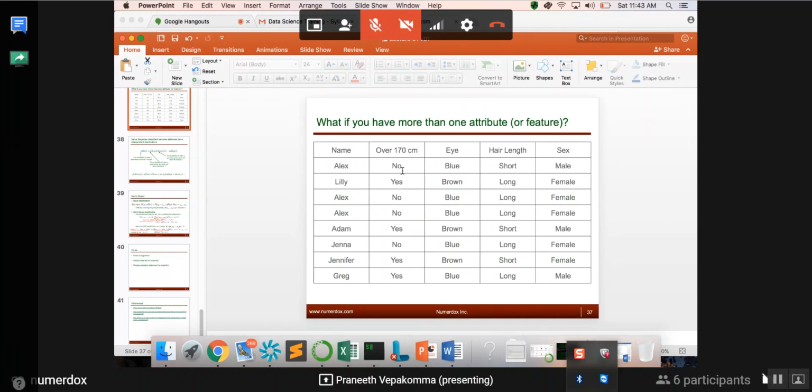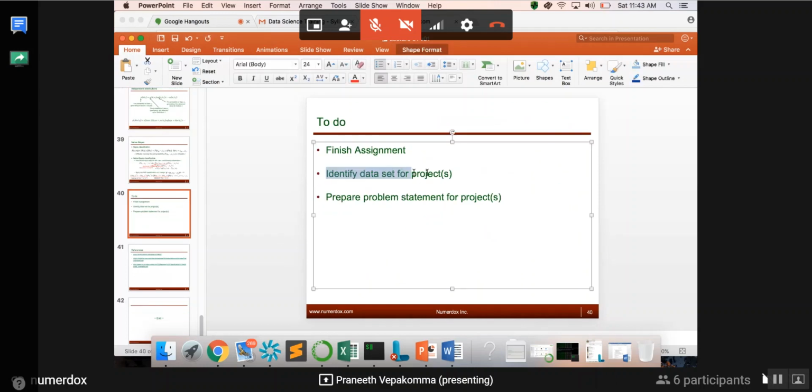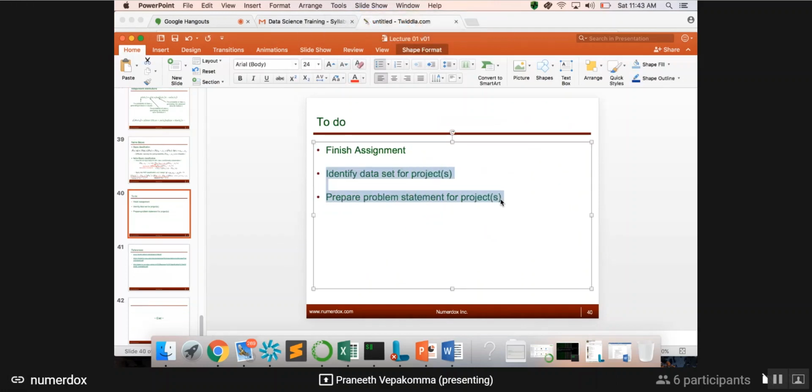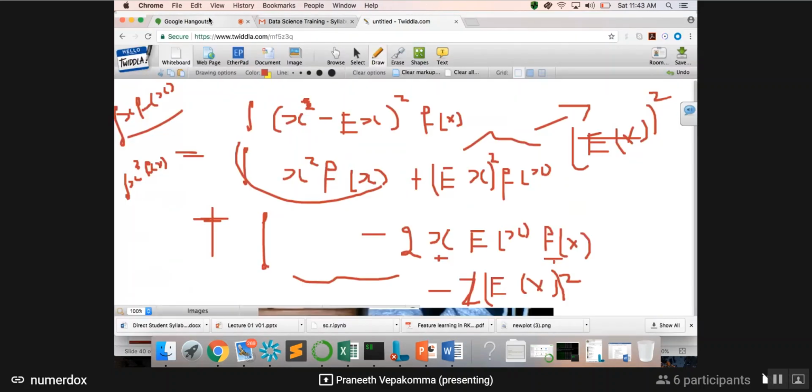One thing to do other than the assignment is for you to identify some data sets from some links that I've sent. So you will get a summary email from me about the assignment and these resources for identifying data sets for projects. Then we can catch up next week after that. So it's a good time to end the call.